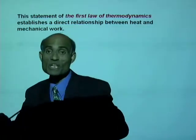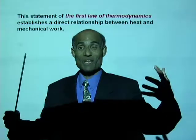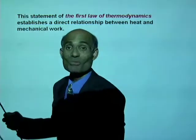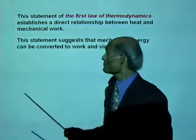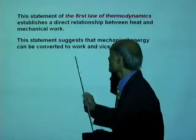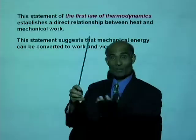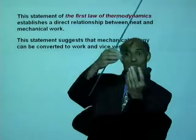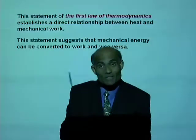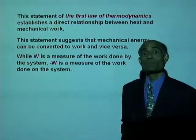And so you can see the part played by the first law of thermodynamics in our lives is enormous. Now, this statement suggests that mechanical energy can be converted to work and vice versa. Work done will produce heat, and heat can produce work. One can be converted from